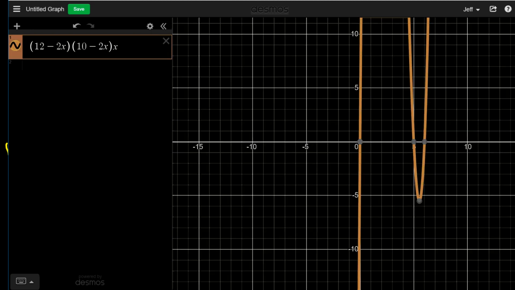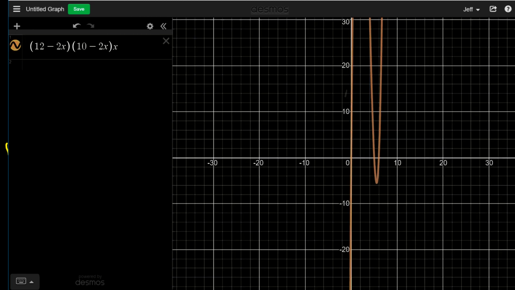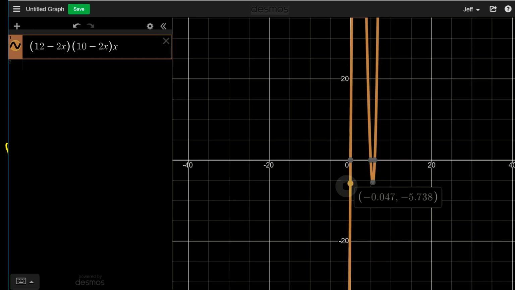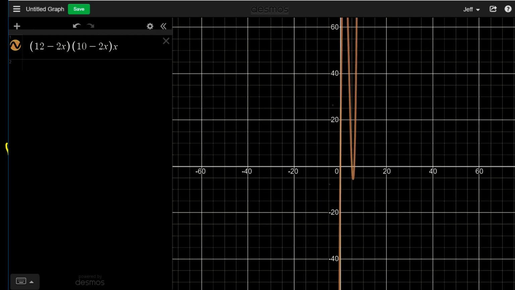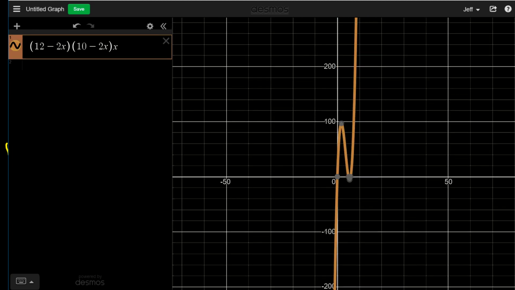If you notice, I have a minimum over here, but I'm not looking for the minimum volume. In fact, you can't have a volume of negative 5.5, so that one doesn't really matter to us. So I'm going to zoom out here. There we go. So there's a maximum right about there. So at 1.811, the maximum is